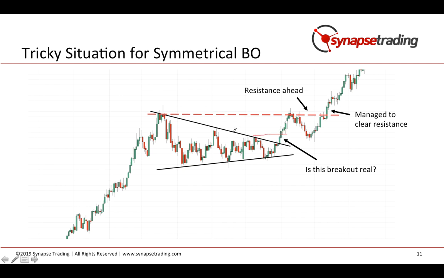Because you see there's going to be resistance here, and then resistance here. So even when the price breaks out over here, you are not sure whether it has clear grounds to go all the way up. That is the big problem, because what might happen is that this might still be in a big range. So even if the price goes up, it might come back down again, and then continue going in the range. Therefore, it's quite hard to tell when the symmetrical triangle has successfully broken out